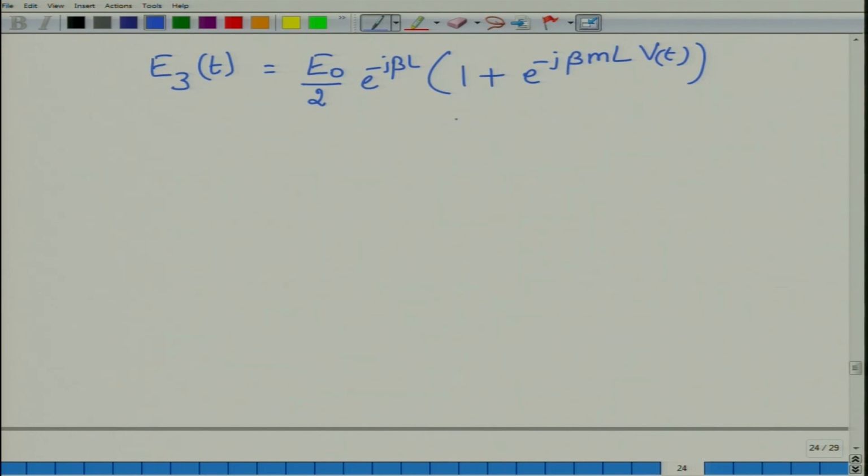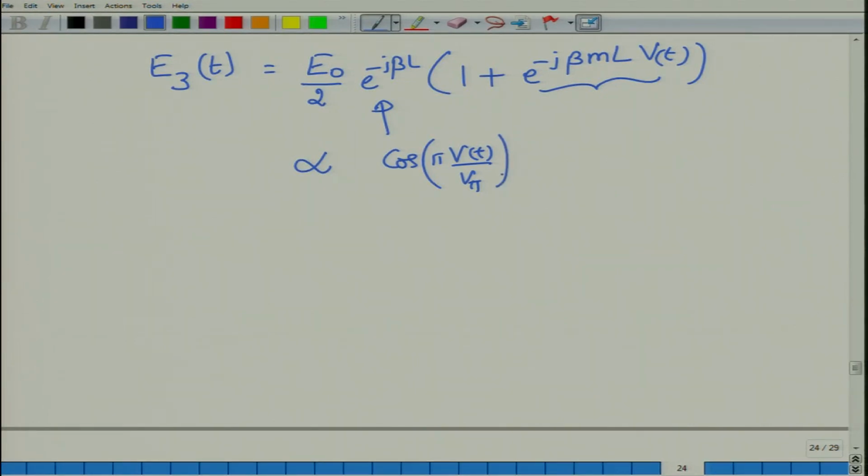Okay. The usual way to write this is to factor this term out, and neglect the overall phase factor that would come out in this way, and then write it as E0 by 2. And if you do not even want to write this E0 by 2, because you are only interested in what is happening to the expression in this bracket, apart from some global phase, this would be cosine of V of t by V pi times pi.